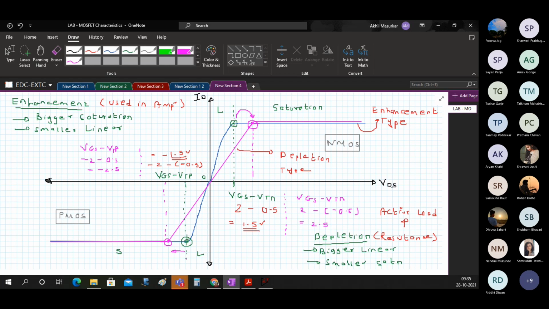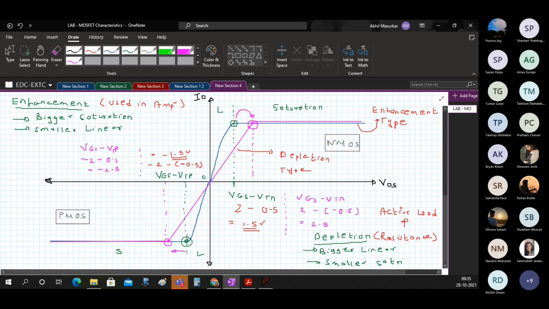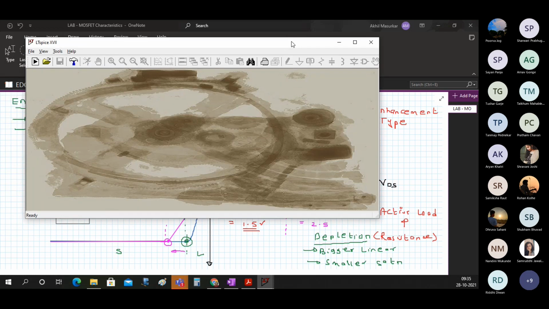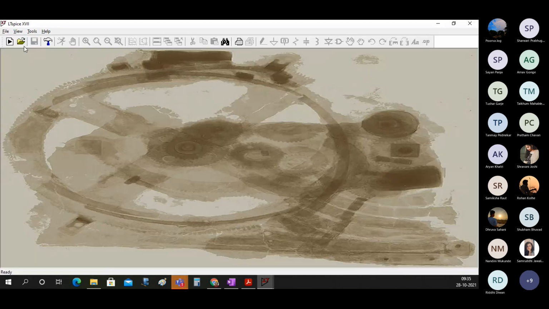Yes. What about others? Have you drawn the characteristics? Okay, so let's start with our LTSpice. Now this time the way of using LTSpice would be different.